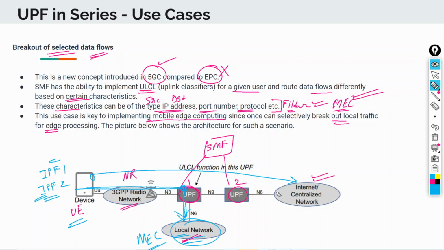Local versus central. So this is a very important use case for 5G, especially when it comes to things like private networks or enterprise 5G networks, where you would want all your enterprise traffic to be local to the premises, and you don't want it to go all the way to your center. So you can implement this by using the concept of uplink classifiers on the UPF.